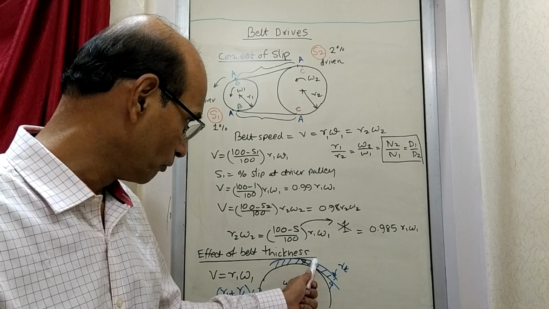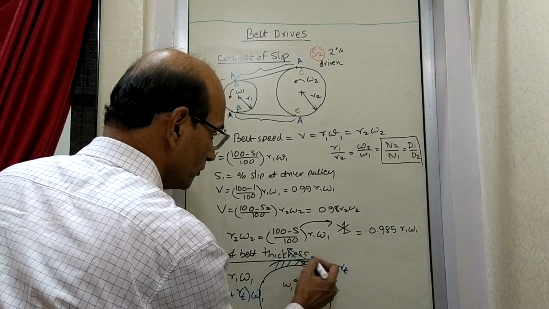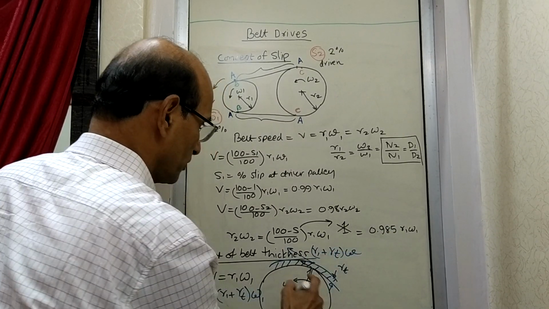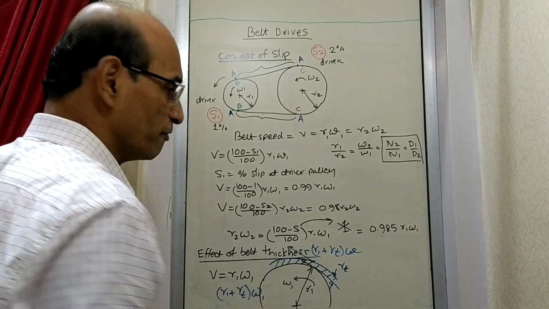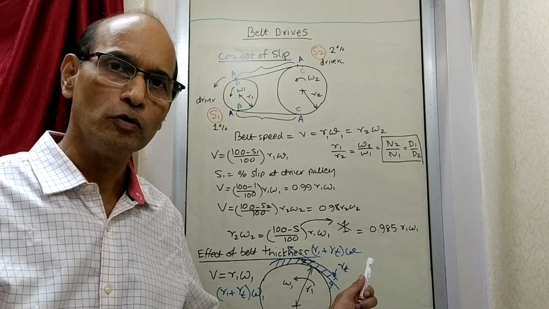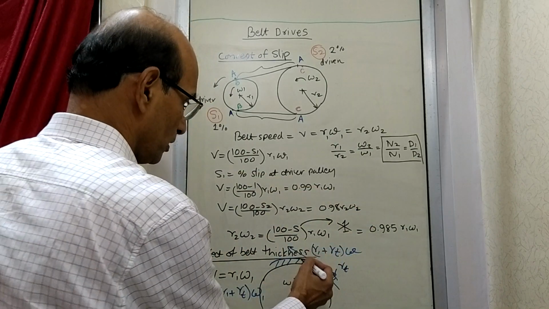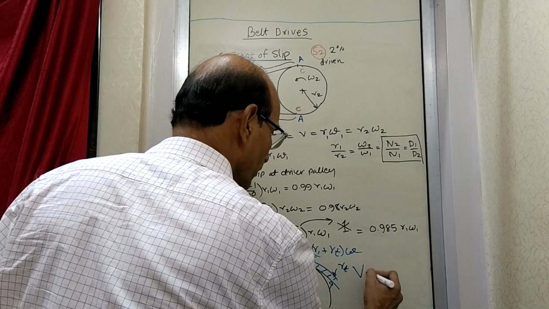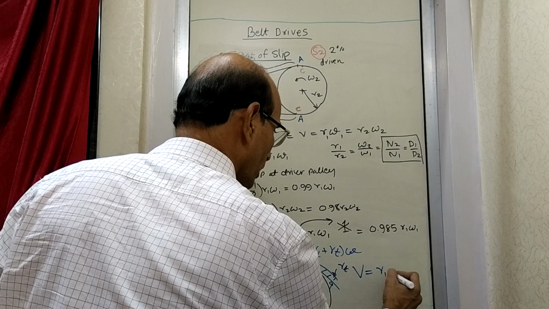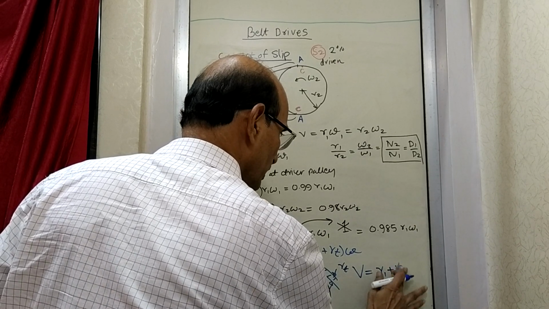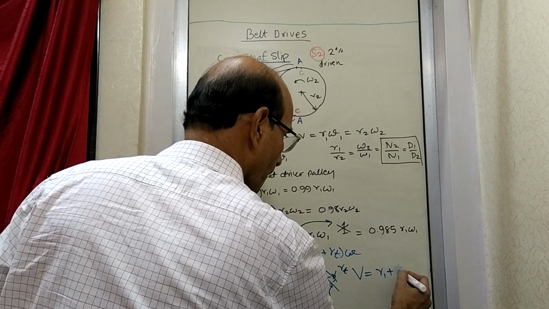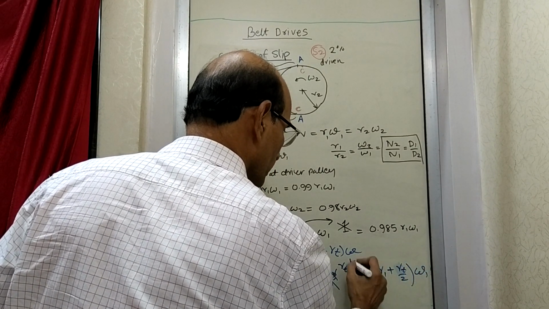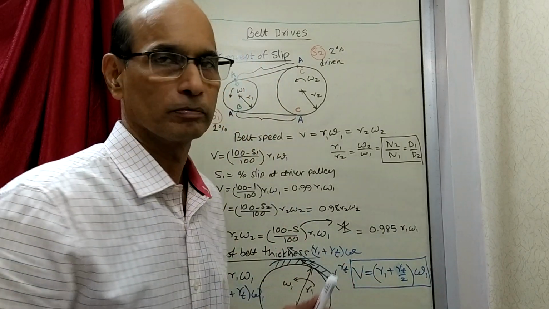So this point will have a velocity which is R1 plus RT times angular velocity. So velocity will be different for upper point and for lower point. So what do we do? We take the velocity of the middle point, the point which is at the middle of the thickness. That velocity we will take. So in reality velocity of belt is equal to R1 plus RT upon 2, half thickness, times omega 1. This is the exact velocity of the belt.